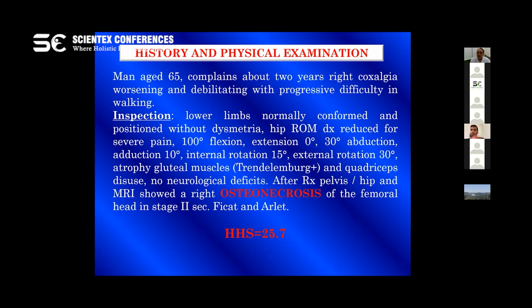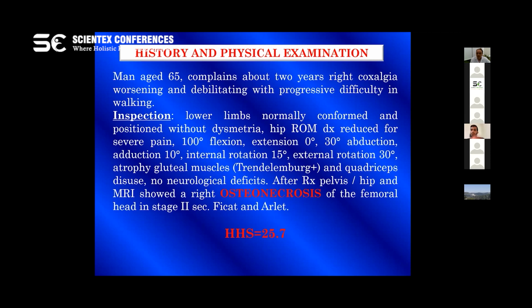about 2 years of right coxalgia that became worse and debilitating, with progressive difficulty in walking. In the inspection, we found normally conformed limbs, but there was a reduction, with severe pain, of the movement: flexion, extension, and abduction. So we did an X-ray, and with the X-ray, we saw that there was a problem in the hip, but the